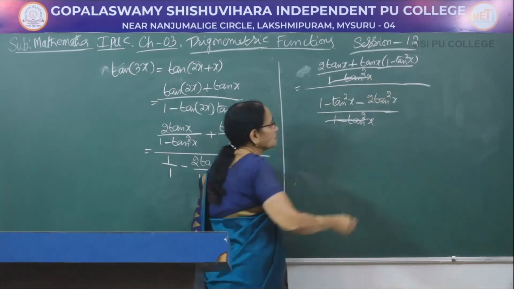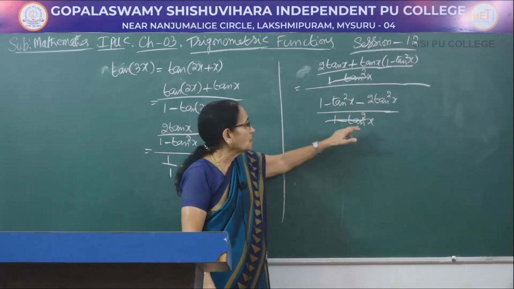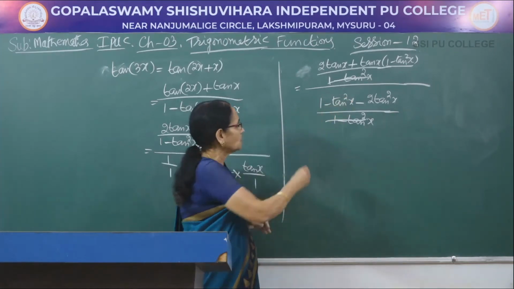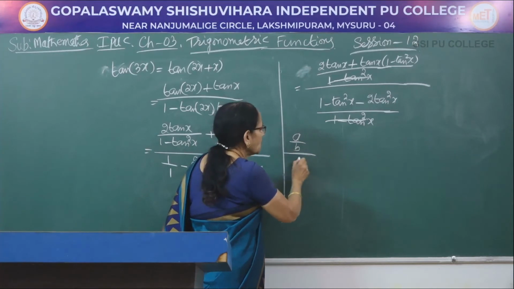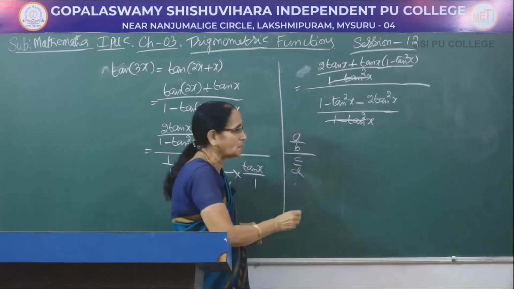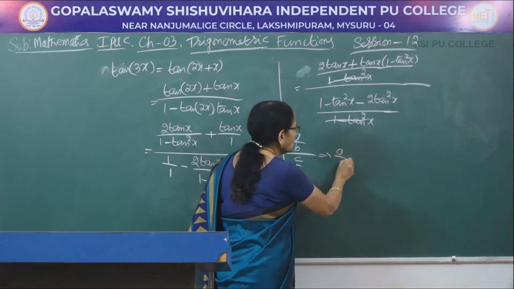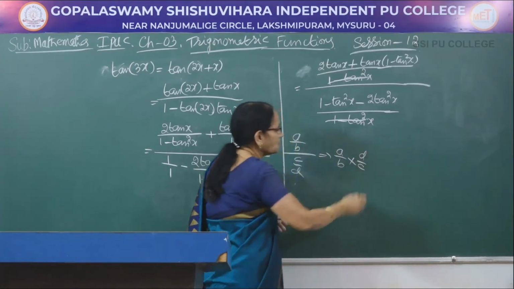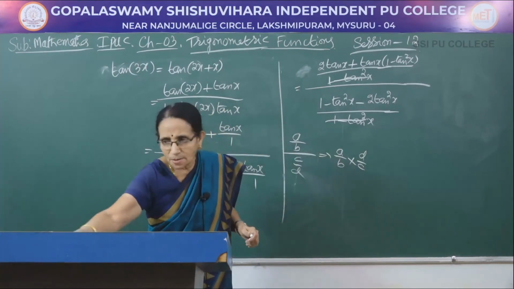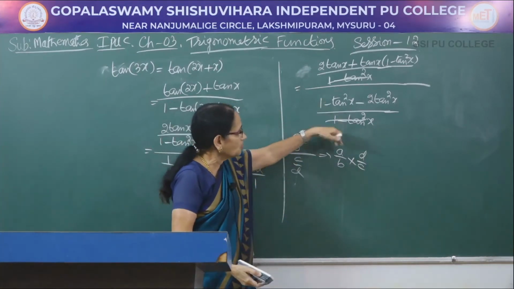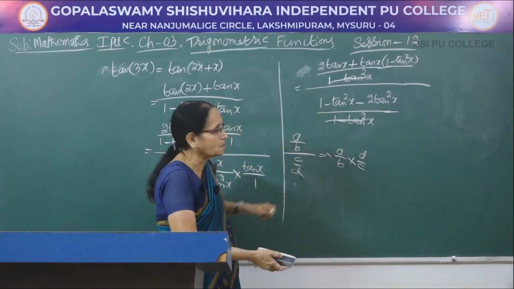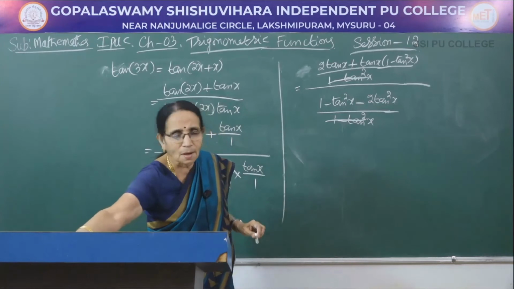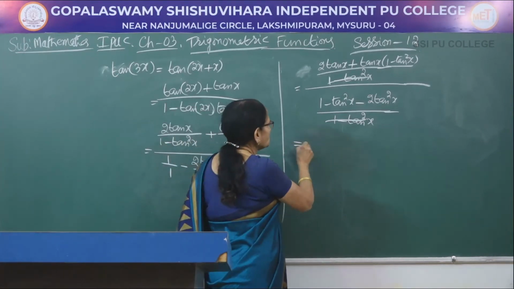Cancel the LCM. How it gets cancelled is, this being the denominator of the denominator goes to the numerator. You have learnt about this in the high school class. A by B divided by C by D can be written like this, A by B. If you write into, D goes to the numerator. That is, we write the reciprocal. The same procedure we are following. Before writing, I am just cancelling it directly. So, the same thing I am following here also. Now, let me write the remaining terms here and simplify.